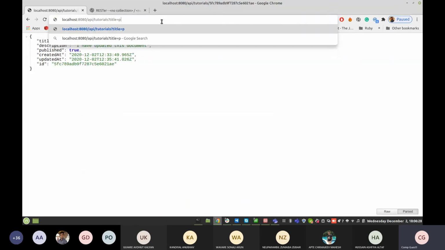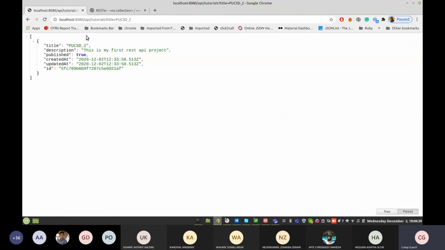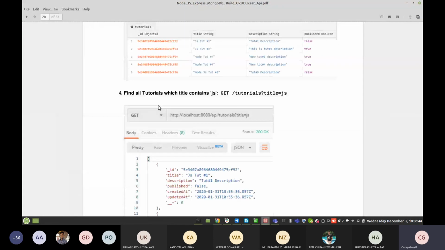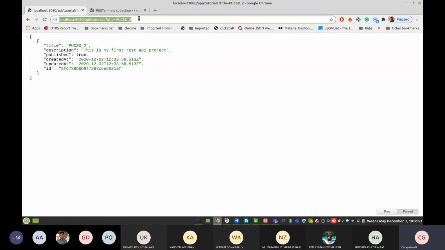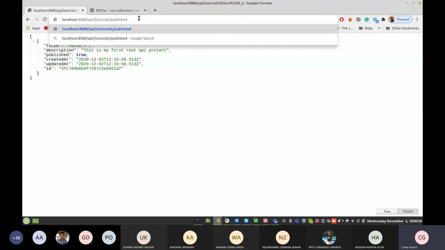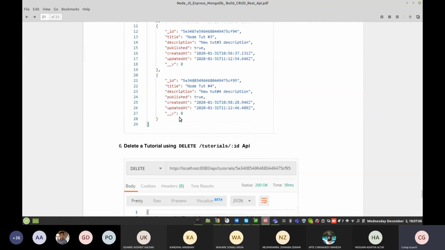So we can use PUCHD, and it returns all, but if I use two, it returns only two, so it's searching by title. Now you can also find all the published ones. There is a publish API, it's a get API. You just mention the API endpoint, tutorial slash publish. Only those with publish true are returned on your screen.